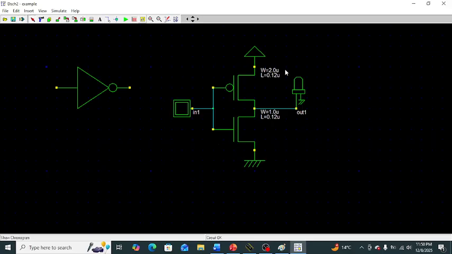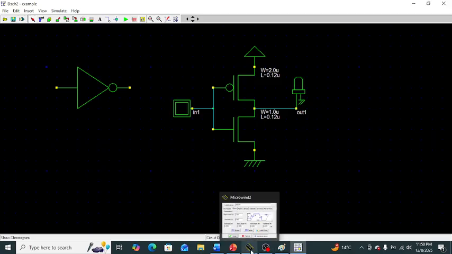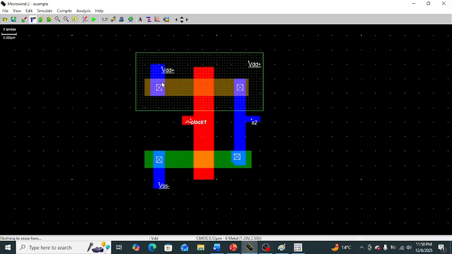Now how do we design the CMOS layout of this NOT logic gate? For this purpose we use the Microwind CMOS layout design tool. Here is the palette box from which we take the CMOS layers for designing the CMOS layout for the NOT logic gate.